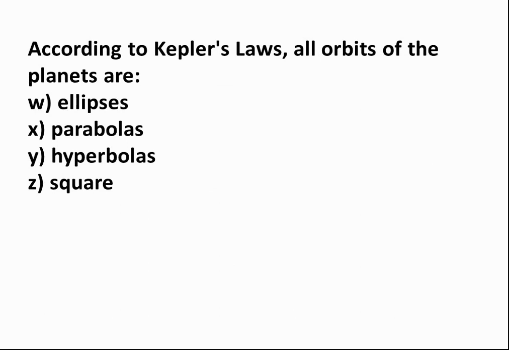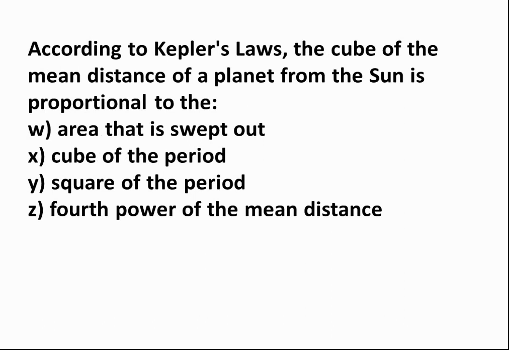According to Kepler's laws, all orbits of the planets are W. ellipses, X. parabolas, Y. hyperbolas, Z. square. Answer: W. ellipses. According to Kepler's laws, the cube of the mean distance of a planet from the Sun is